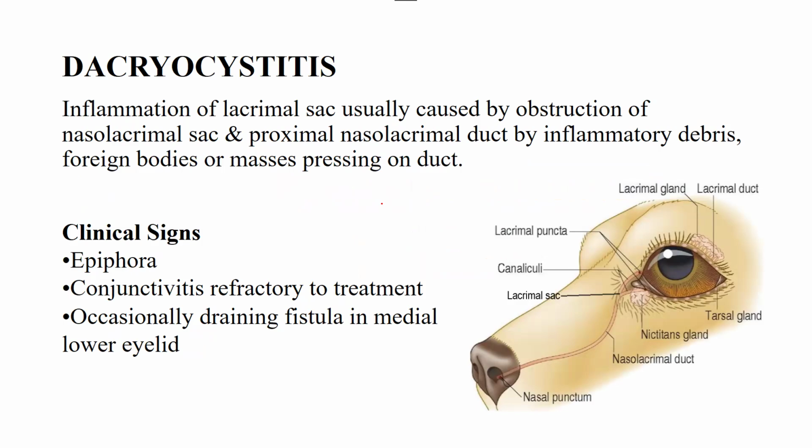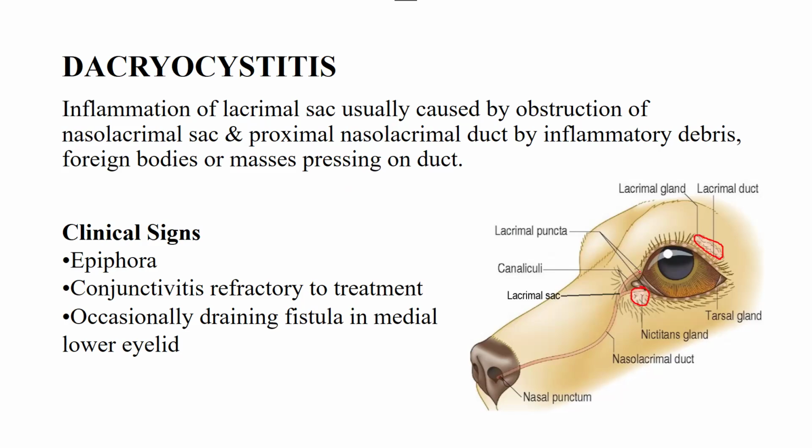Before beginning with the definition, you need to know the structure. Basically, this is the eye, and this is the third eyelid gland, and this is another lacrimal gland. These are the glands that basically produce the tears. So here the third eyelid gland, when it produces the tears, these tears travel through these ducts towards the